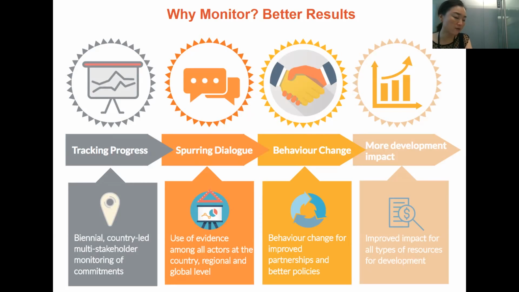Making development cooperation effective requires cultural behavior change, but also policy and institutional change.